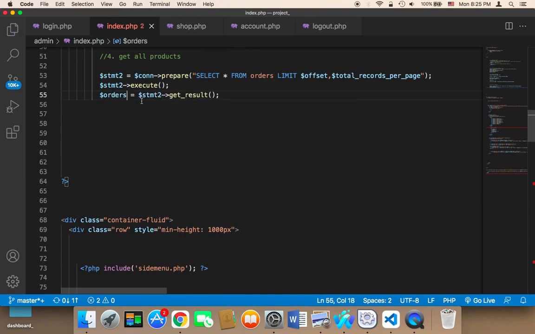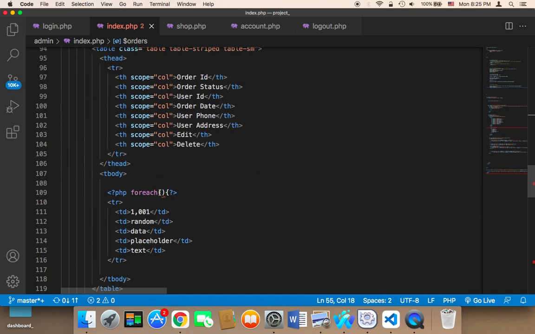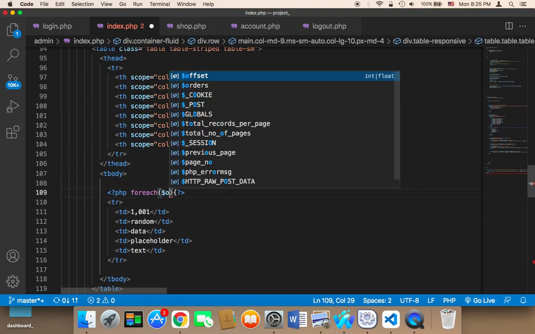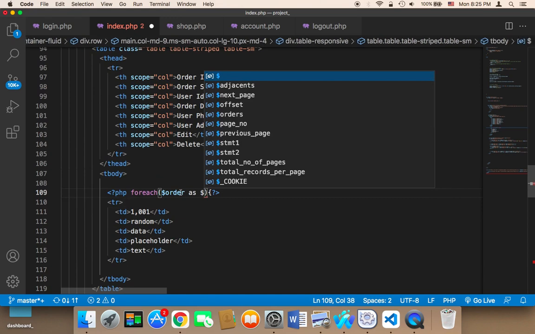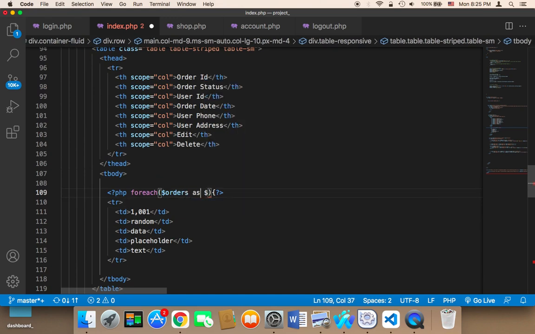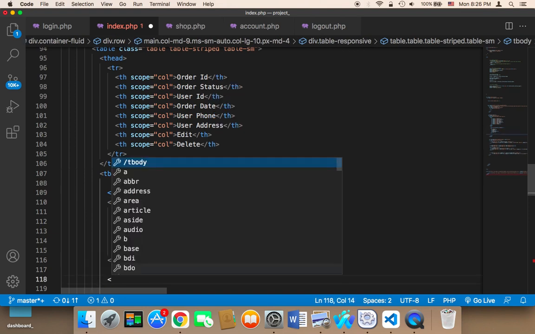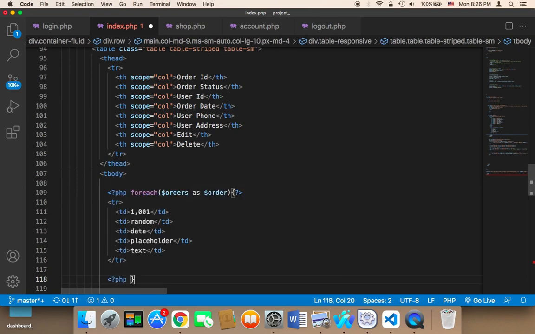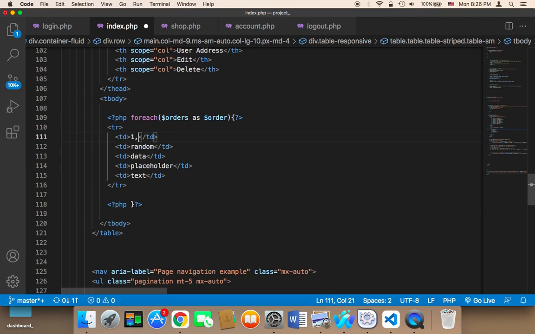So foreach orders as order, and then at the bottom we need to say PHP, and then close this curly bracket, and in between we need to display first the order ID PHP,